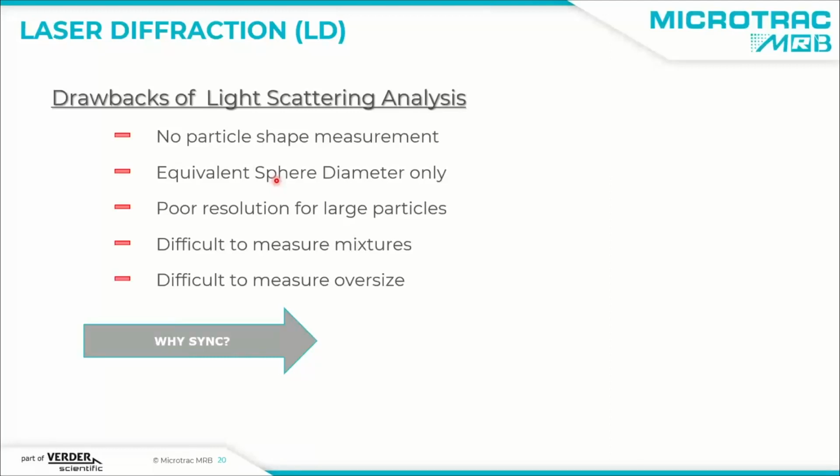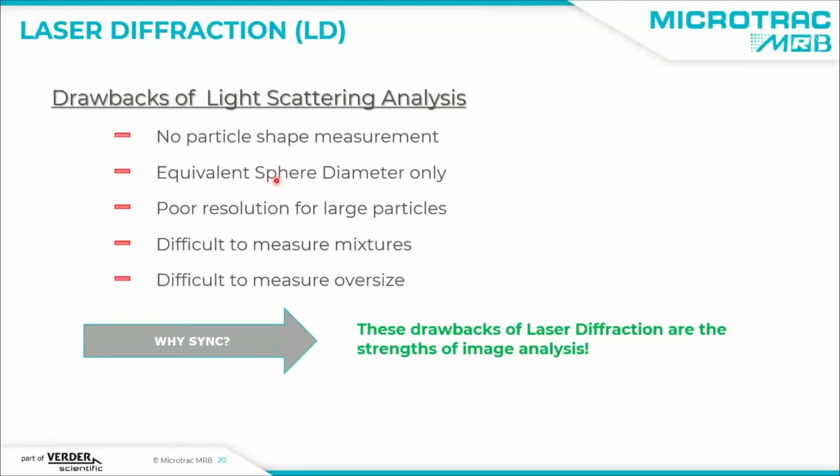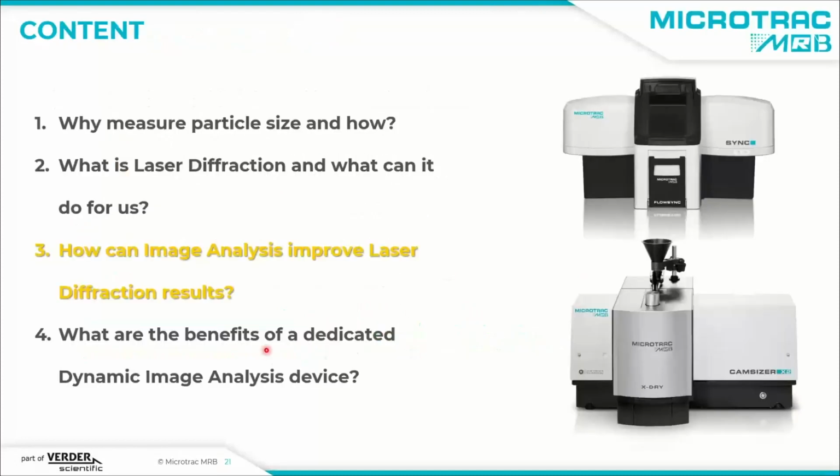So why would we still want to use the Zinc analyzer? Because the Zinc analyzer also has a camera built in and can do image analysis. And all these drawbacks, what the laser analyzer can do not so well, are the strength of an image analyzer. So let's see how we can use image analysis to improve the laser diffraction results and to get a deeper